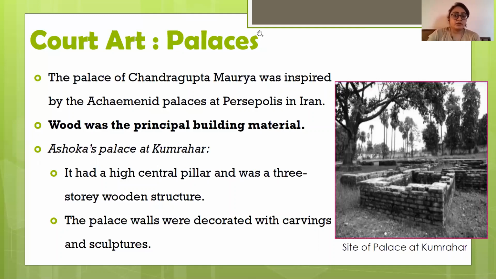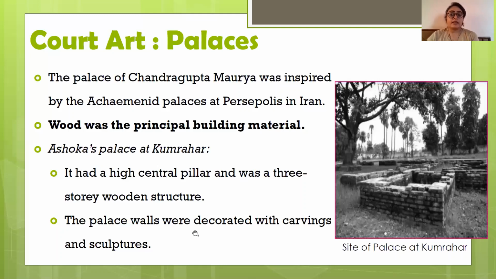Okay, then Ashoka's palace at Kumrahar. In the picture you can see some remains of the palace site which is located in Kumrahar. This used to be Ashoka's palace. Some features about his palace: it had a high central pillar and was a 3-story wooden structure. Again, Ashoka also used wood in his structure, though he used stones or bricks also, but wood was his main